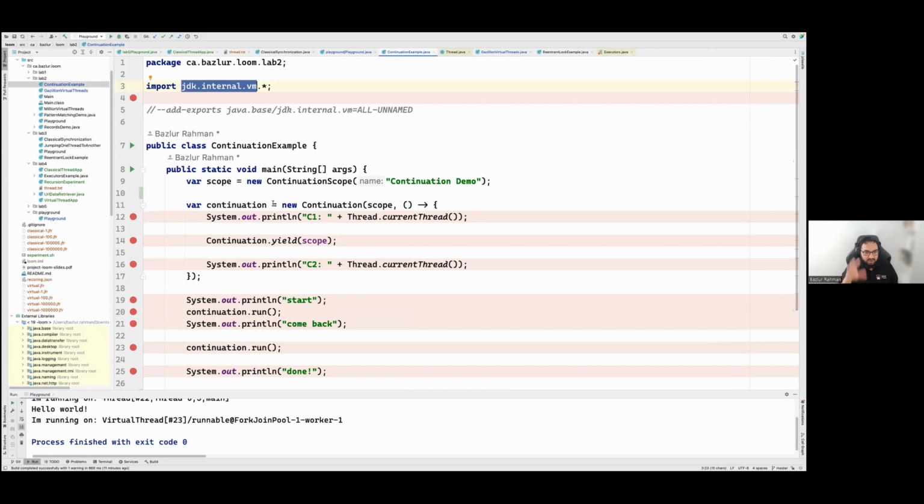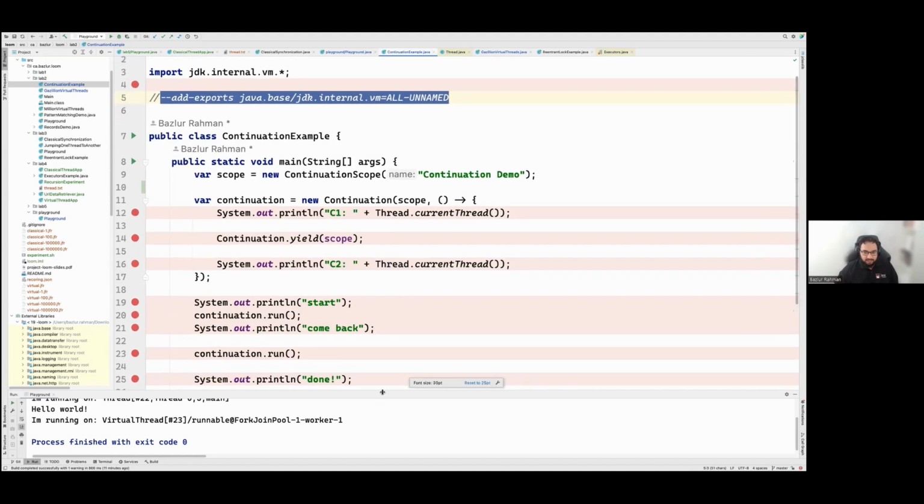As a developer, I'm not supposed to touch or use it. Virtual threads use this continuation API, which is why it's internal. But you can forcefully use it with an additional flag, which I did to show you the demo.